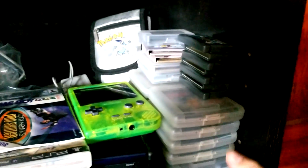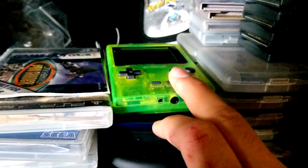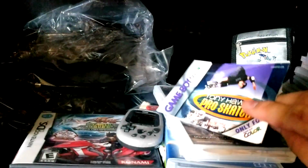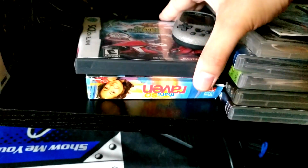Then I got a whole bunch of Game Gear games, Game Boy Advance, Game Boy Color, Game Boy original games. Got a PSP, DS Lite, and my original Game Boy Pocket. Game Boy Color's in my little Pokemon case back there. PSP stuff, not a whole lot of handheld stuff because I don't collect too much for that. I try not to collect in general, but